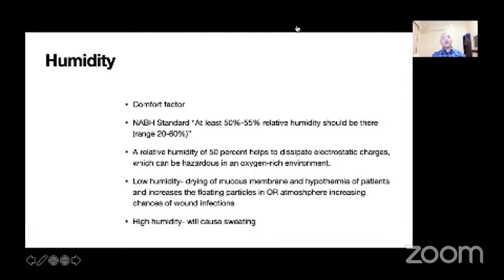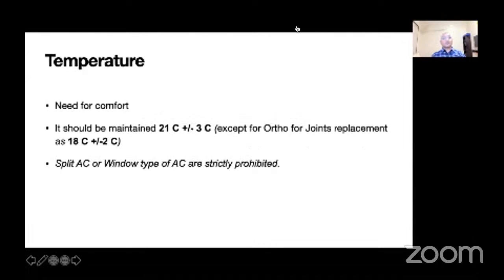So high humidity or low humidity should be avoided. Temperature again is mainly needed for the comfort factor. It is recommended that it should be maintained at 21 degrees plus or minus 3 degrees for routine operation theaters, and only for the ortho or joint replacement operation theater the recommendation is 18 degrees plus or minus